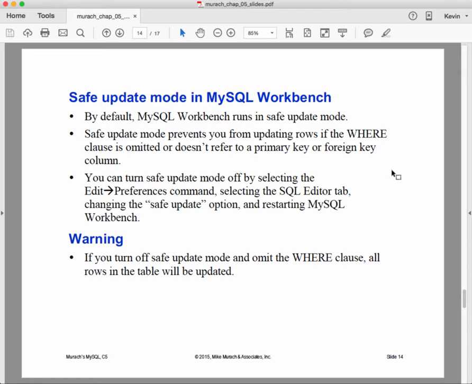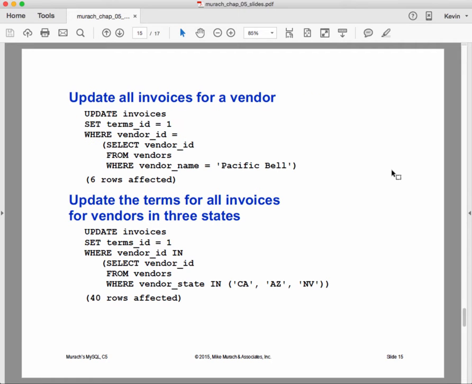So if you make a mistake and severely damage the values in your database, you ought to be able to go back to your last backup and get started again. So don't be afraid to take it out of safe update mode once you get your sea legs. Okay,